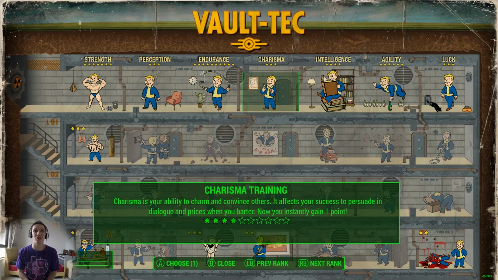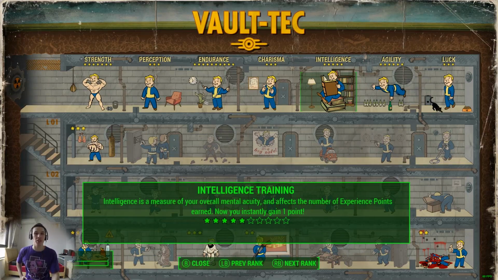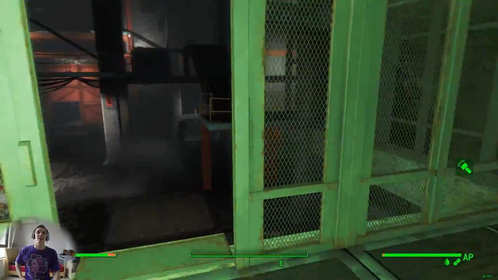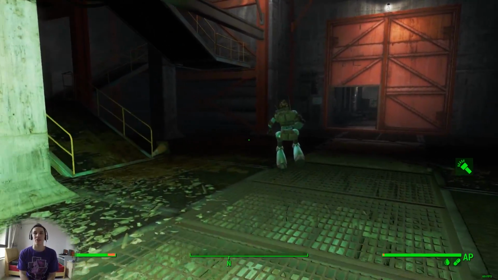Hello and welcome back to Wolverine, and as you can see we have a new special point to add, and we're going to increase our intelligence. You might be asking, where did this special stat come from? Well people, as you can see we're back in the Mechanist's lair after doing our missions for the Pikmin Gallery,